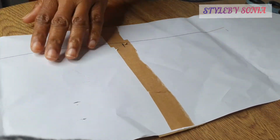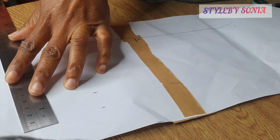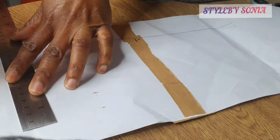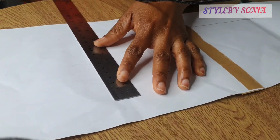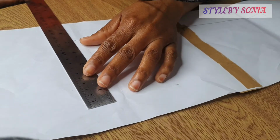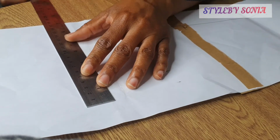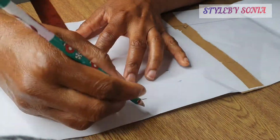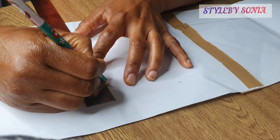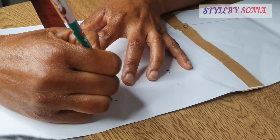So I'm just going to mark out the 5 inches from here again. We are going to clean the one we made before. So I'm going to mark the 5 inches from here again. So this is the 5 inches. Let's mark out 1 inch from the 5 inches. That 1 inch is where the hairline stops, and